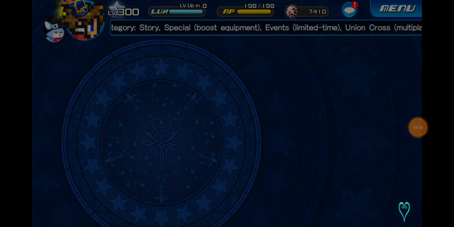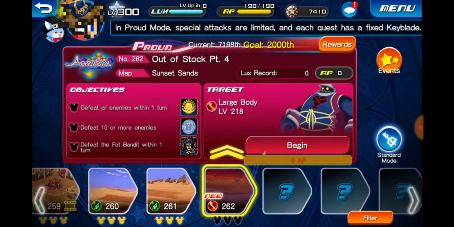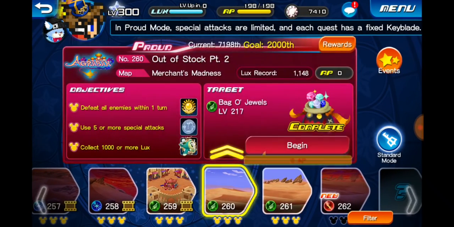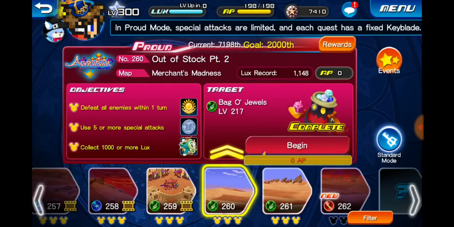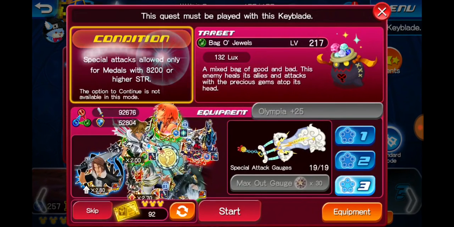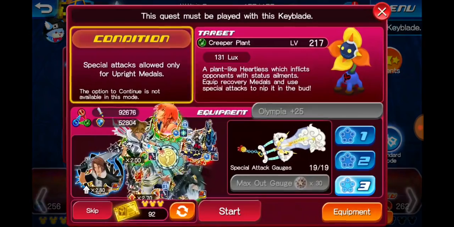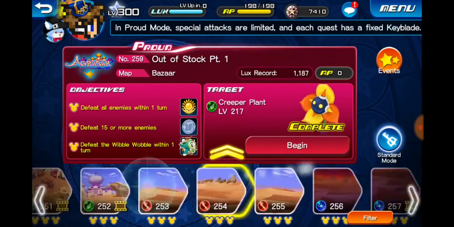You click there, story, Proud, and you've got all these quests here, and some of them have requirements that you won't really think about otherwise. If you open this, it tells you here, look, special attacks only allowed for medals with 8,200 or higher strength. And that's not too hard, but there are some really awkward ones